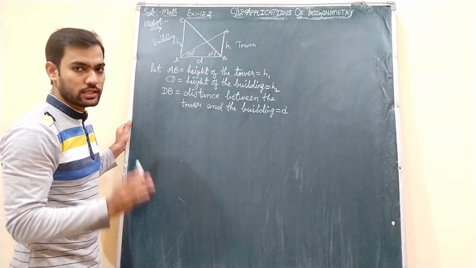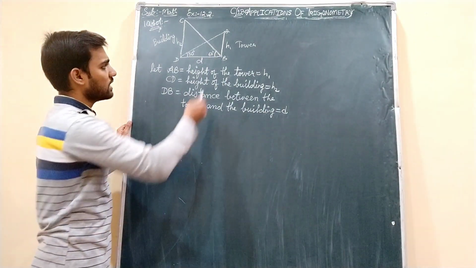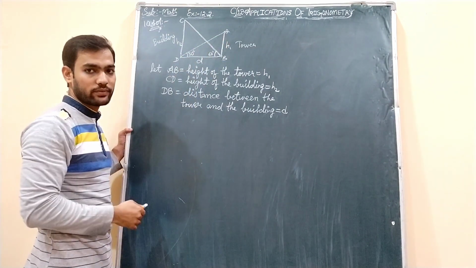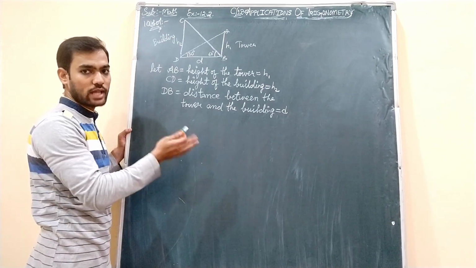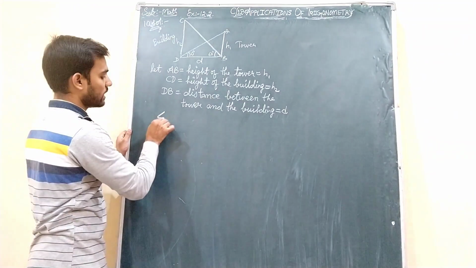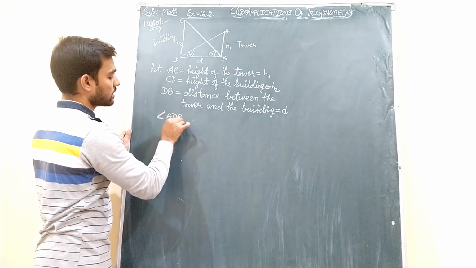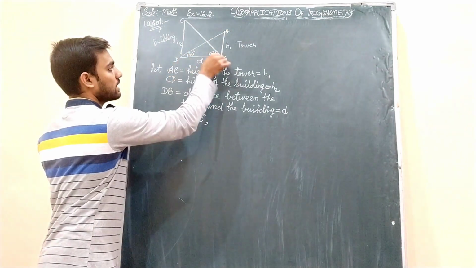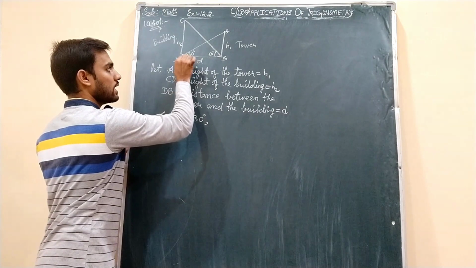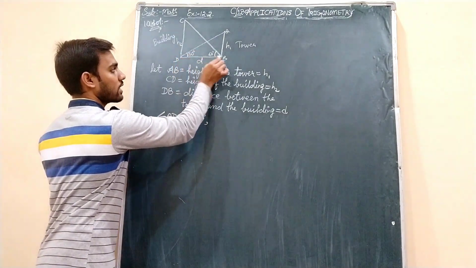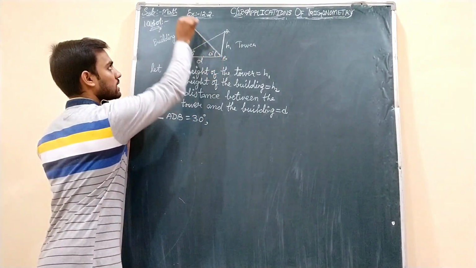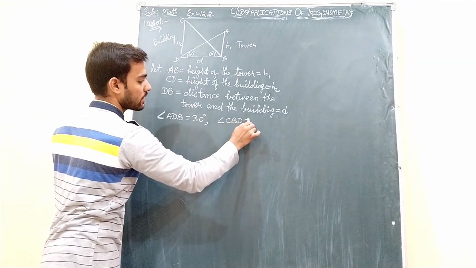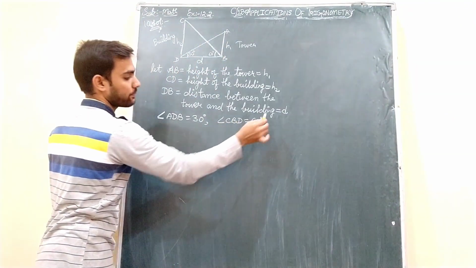Now you can select any triangle over here. As H1 is in triangle ADB, I will take that first, but before that I will write both the angles of elevation. One is angle ADB, that is 30 degrees, students. Horizontal and line of sight we need to see. Then horizontal and line of sight, this is CBD. Angle CBD is 60 degree.